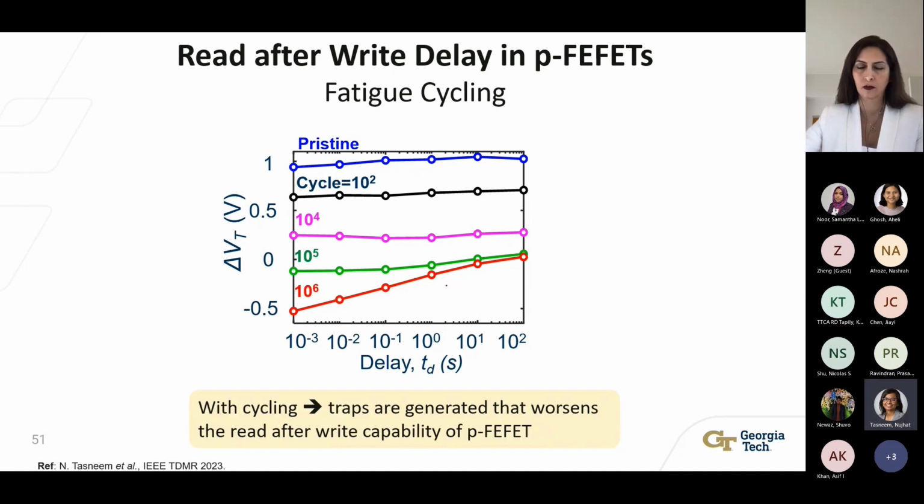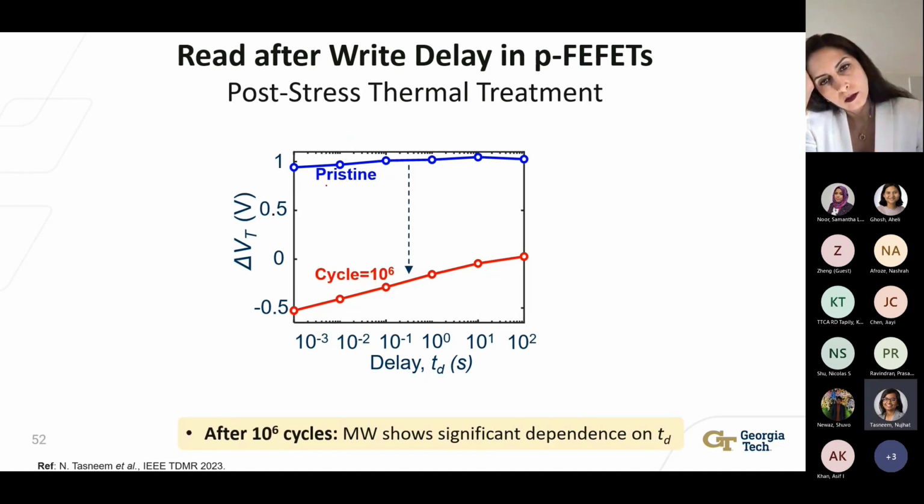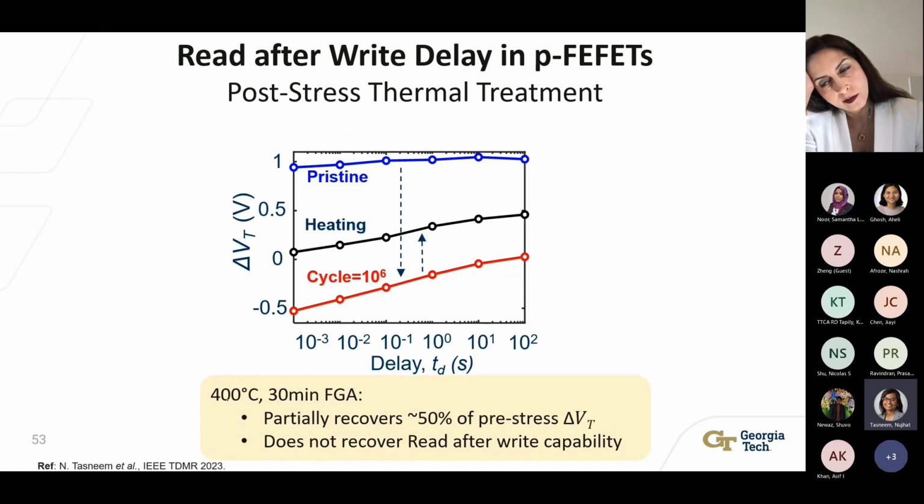So this also indicates that with cycling, some sort of traps are being generated that is worsening the immediate read after write capability of p-type FeFETs. So to reiterate, when we go from pristine to 10 to the power 6 cycling state, pFET loses its immediate read after write capability. Now, if we do a thermal treatment that includes 400 degrees Celsius, 30-minute forming gas anneal,